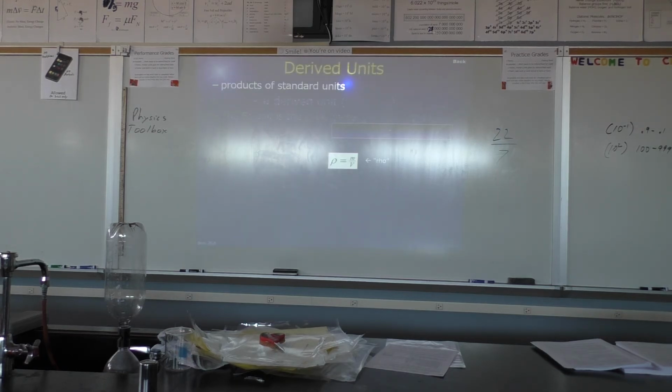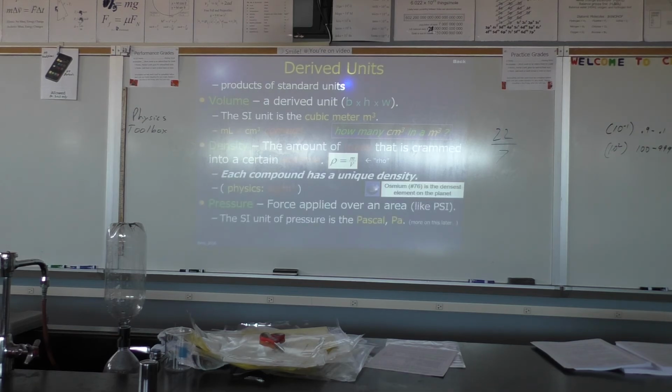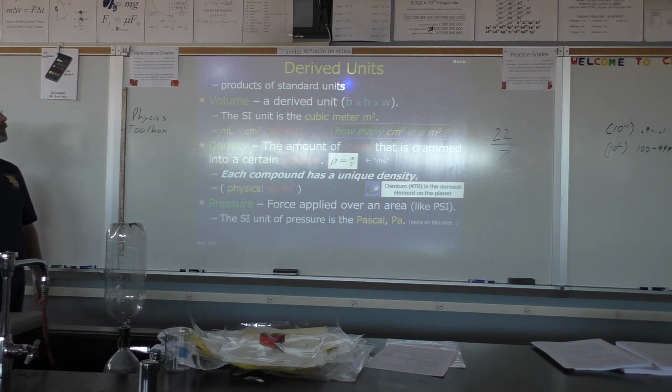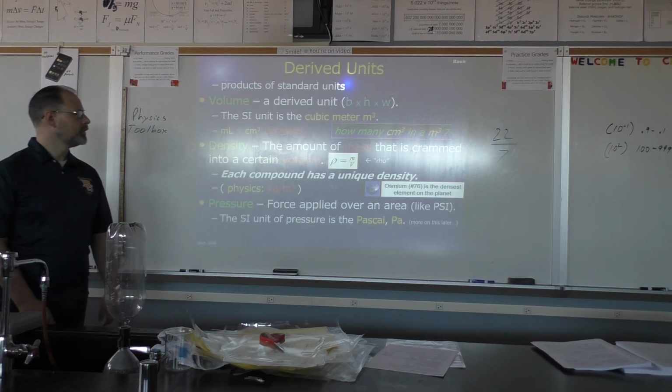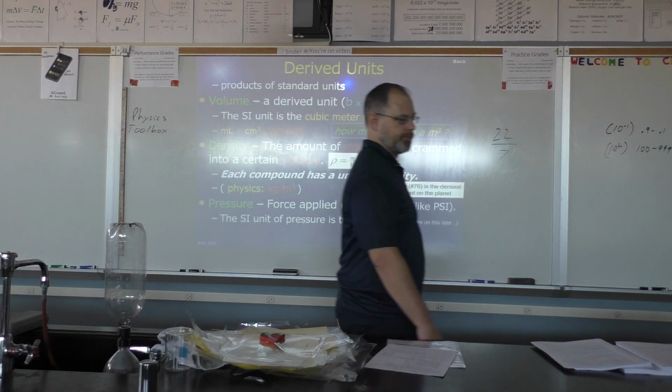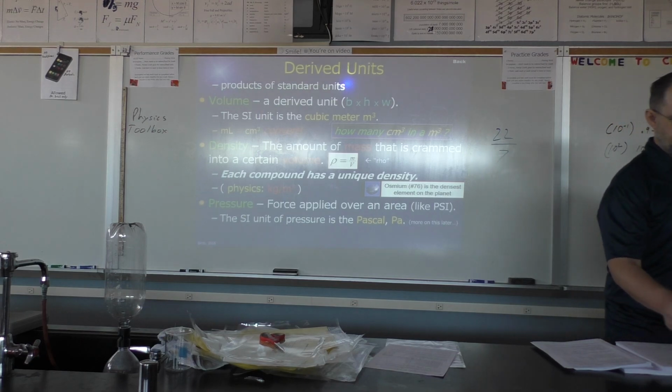Okay, there's these things called derived units. Derived units are functions of other units. So volume is a derived unit because in physics volume is the product of 3 dimensions: length, width, thickness. And density is also a derived unit, the quotient of mass and volume. And again, density should be rho, but it's on your formula